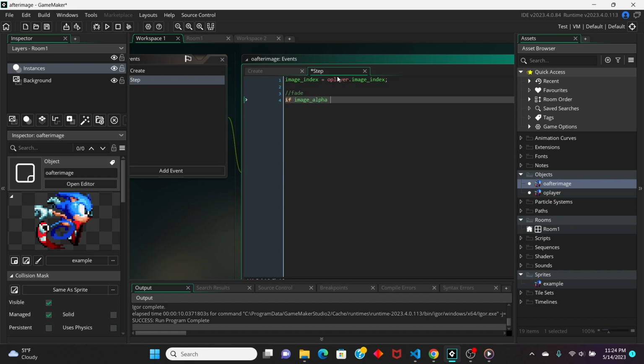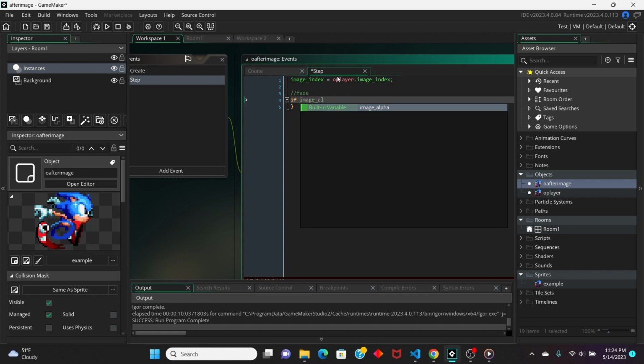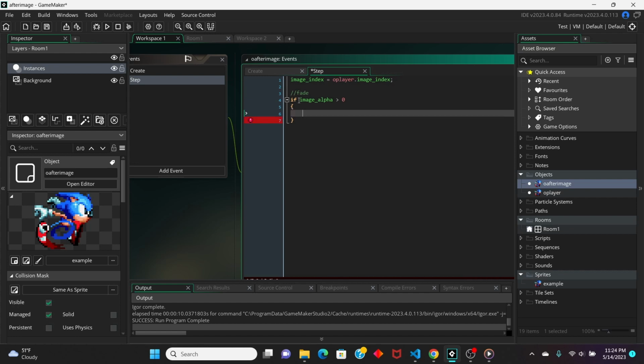If image alpha is greater than 0, then image alpha